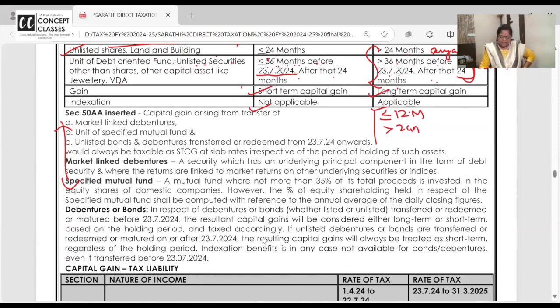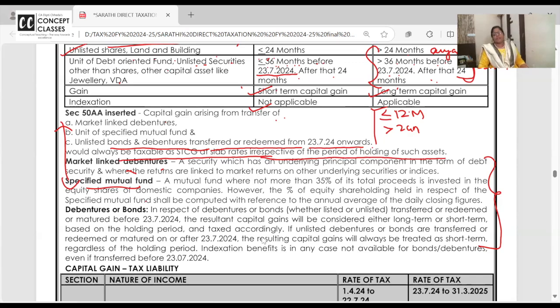Now, one more change is in case of debentures. We all know indexation is not there, right? So, capital gain arising from transfer of market linked debentures. Market linked debentures are there. Now, what are market linked debentures? This definition I've just given for you to read, not much necessary. So, market linked debentures, wherein their returns will depend according to the market rate, and specified mutual funds. And unlisted bonds and debentures redeemed after 23rd July would always be short term capital gain and taxable at slab rate irrespective of the holding period. After 23rd of July, the debentures which are listed or unlisted, listed had already come earlier, or unlisted, if they are redeemed after,